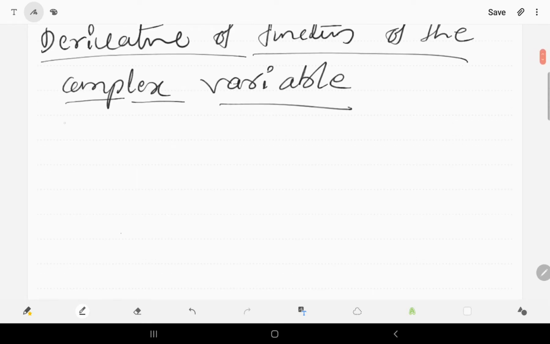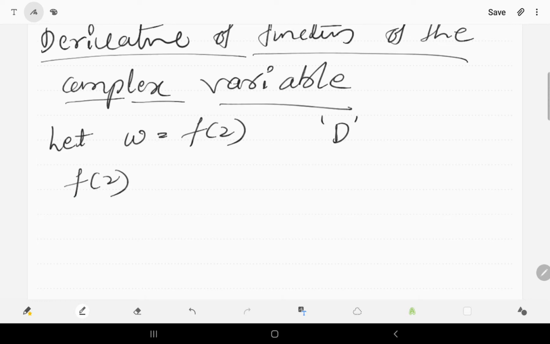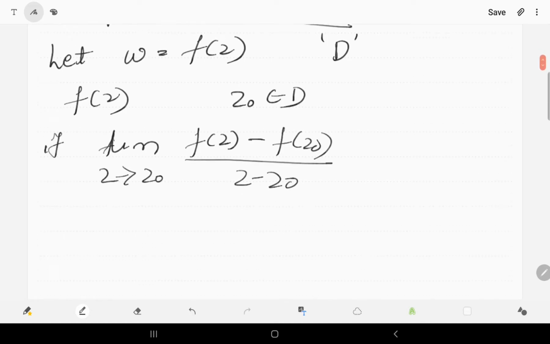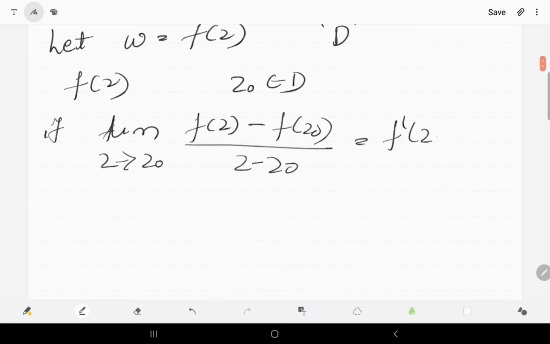So, let w is equal to f of z be a function of the complex variable defined in a domain D. Then f of z is said to be differentiable at a point z0 belongs to D if the limit of f of z minus f of z0 divided by z minus z0 as z tends to z0, that is equal to f dash z0,